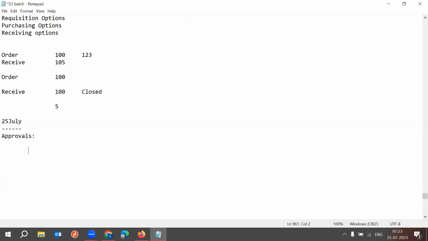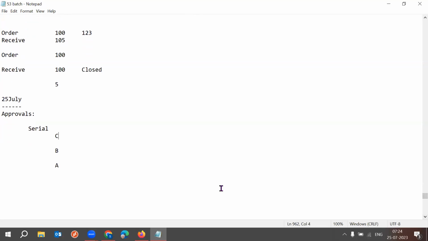So in case of serial, we take the approval in a serial fashion. Nothing but first approver should approve. After that, second approver. After that, next approver. Suppose as part of your approval hierarchy, if these three people have to approve the document,